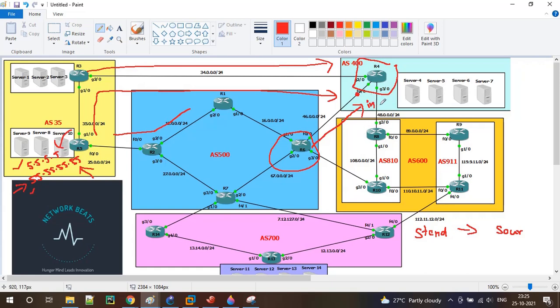When you say outbound, what does it mean? Pay attention here.